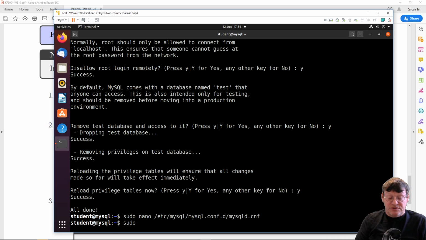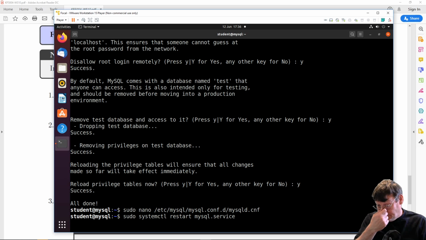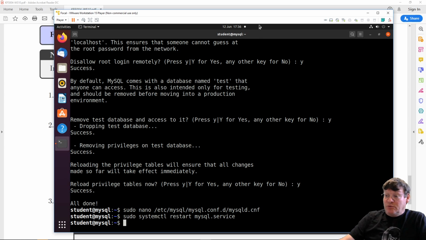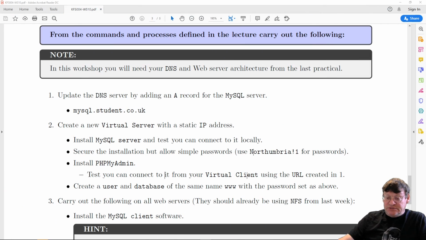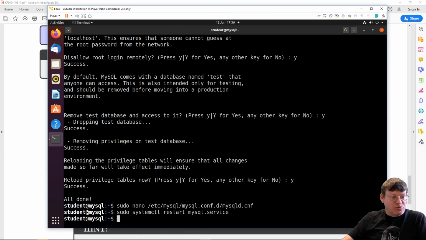So sudo systemctl restart, and that'll be mysql. Okay, so that's the server restarted. So what next? We've taken the bind out. The accounts, that's right. So we need to create 2 accounts. The 2 accounts we need to create are, now let's get this right. We need to create